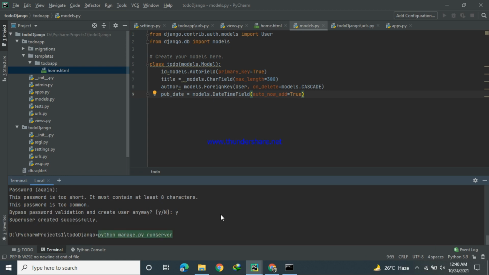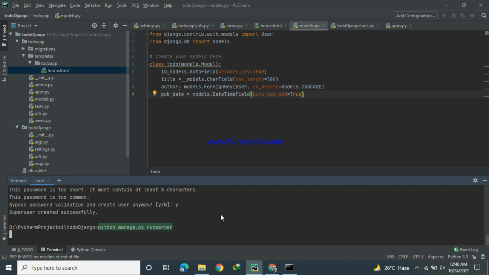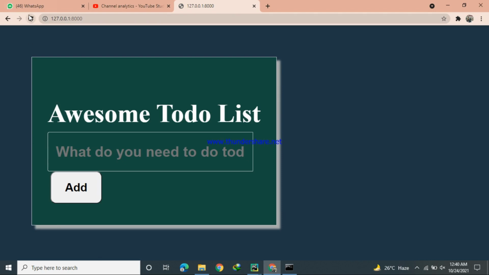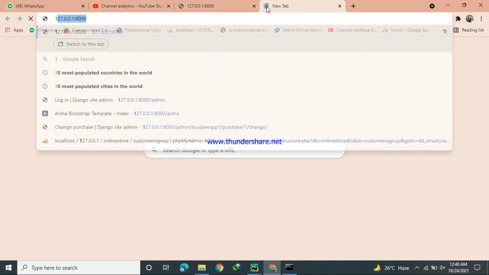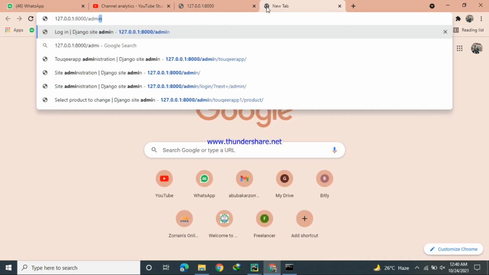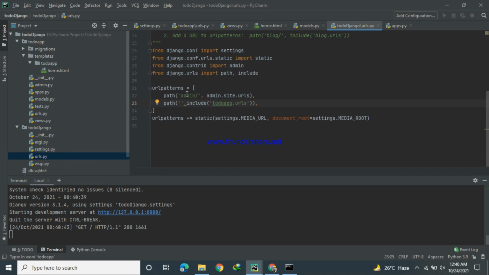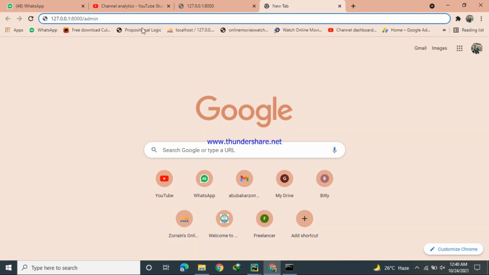Now I will go to our admin portion. As we gave a path for our admin, that is admin, I am searching for admin.